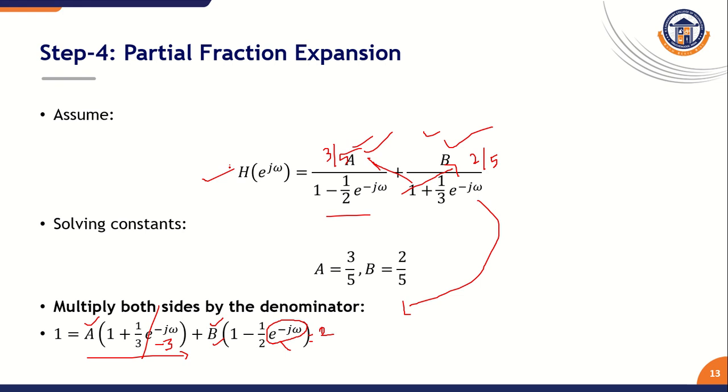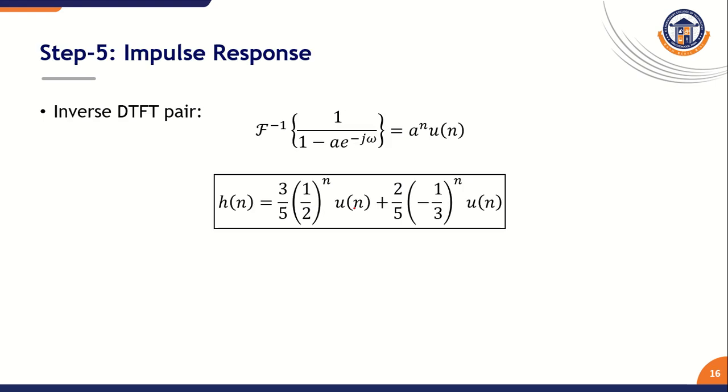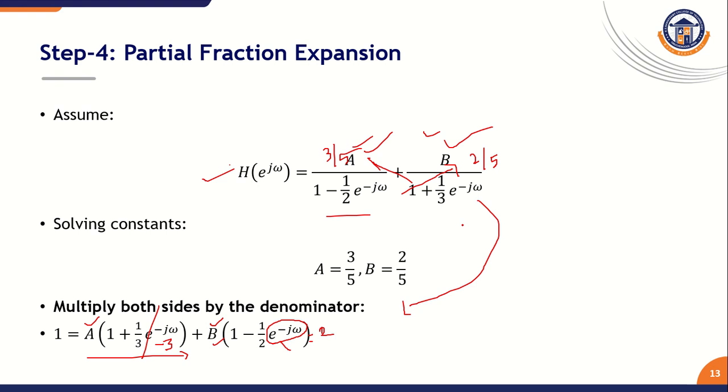we have to apply inverse Fourier transform to find impulse response. Already we know the standard formula: once we are applying the inverse Fourier logic for this equation, we can get this standard signal a power n into u of n. Instead of a power n, here we follow 1 by 2 power n, and in this term minus 1 by 3 whole power n. That is from this equation,